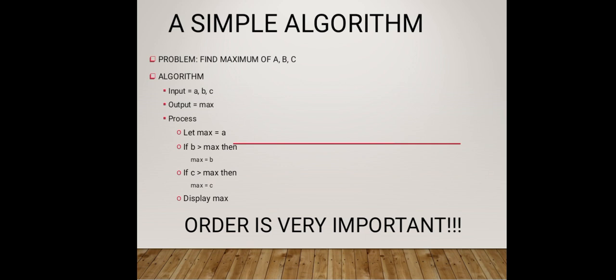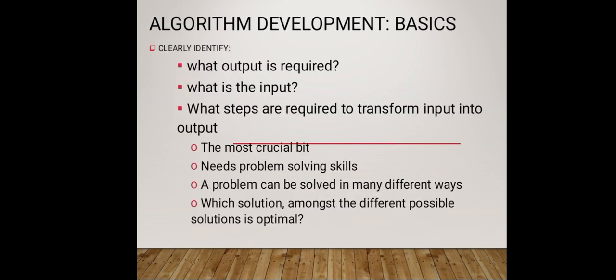So order is very important. The order of your format in which you are programming your software is very much important. Okay, now algorithm development basics. So what are some of the basics that you need to develop these algorithms, the pseudocodes? Yeah. So number one, you need to clearly identify what output is required, without which you can't come up with